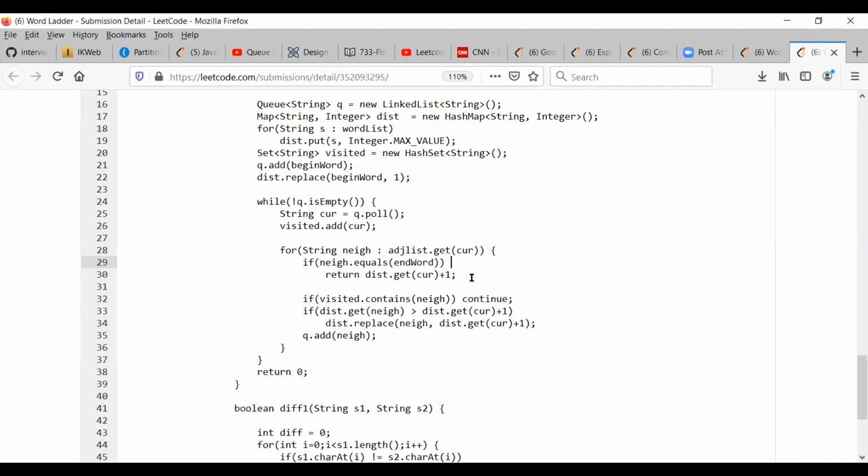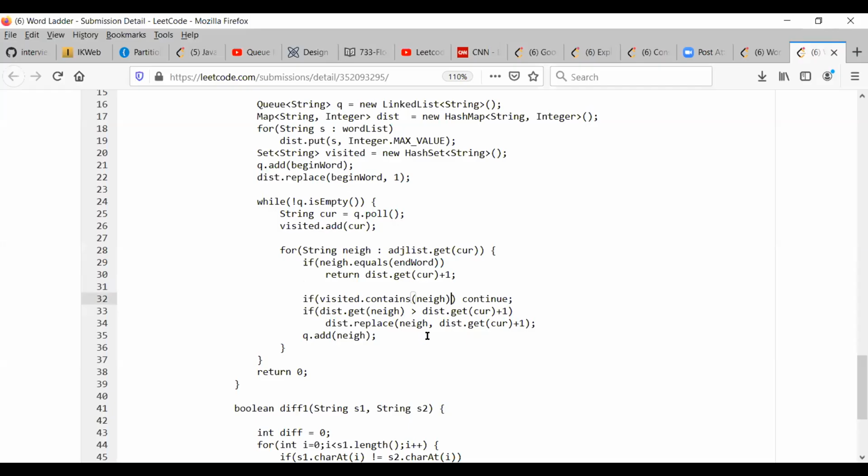Sweta, you actually don't have to store the words as well. I mean, you don't have to compare. You can reuse the indexes itself. Which indexes? I didn't get that. For the adjacency list, you are maintaining a set of strings, right? Yes. You can actually use a list of indexes itself. I mean, for every word you can assign some index. Oh yeah, that will be the optimized version. That makes sense. For the adjacency list, right? Yeah, we can use that.